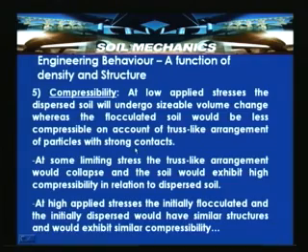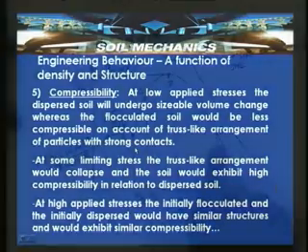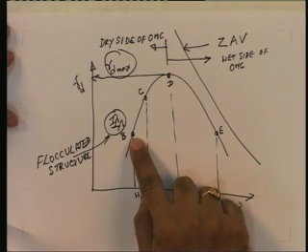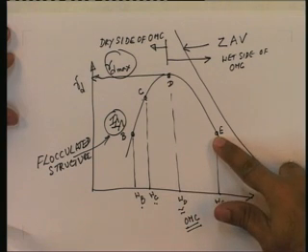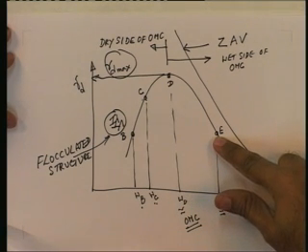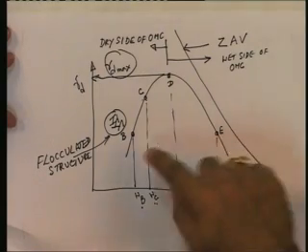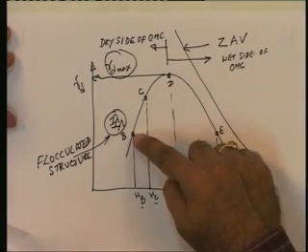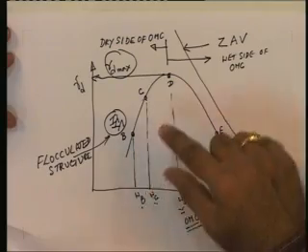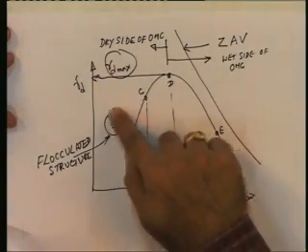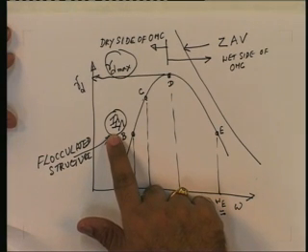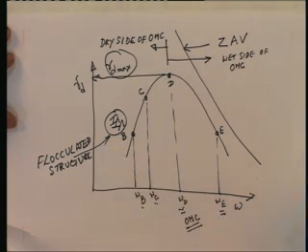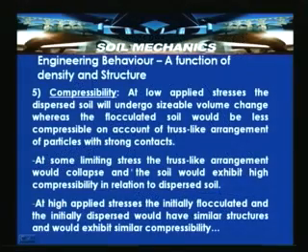So, if you consider again point B and point E, the soil at point B would undergo less compressibility compared to soil at point E. So, the soil at point E will undergo a sizable volume change at low applied stresses, whereas soil at B will undergo less compression because of a truss-like arrangement of the particles at this point. That is attributed to a flocculated structure which is prevalent here and which is because of the strong particle contacts. At some limiting stress, the truss-like arrangement would collapse and the soil would exhibit high compressibility in